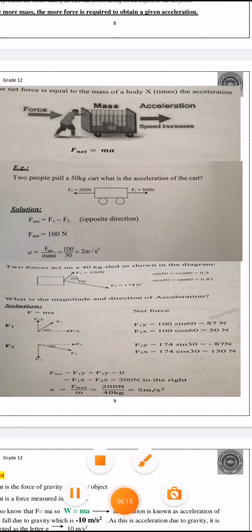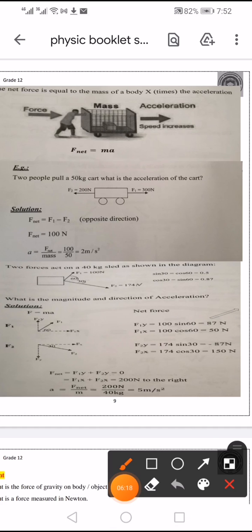For the second angle, we divided into x and y components to get F2y, 174 times sine 30, which equals negative 87. Second, to get F2x equals 174 times cosine 30 equals 150. So to get the net force, we should